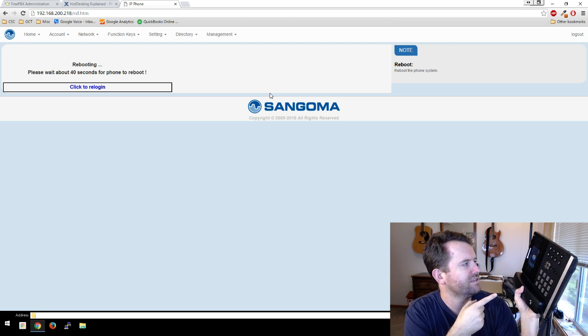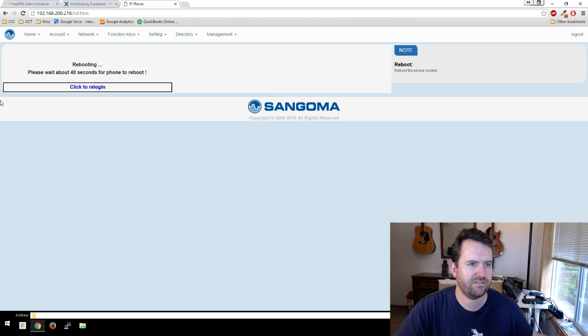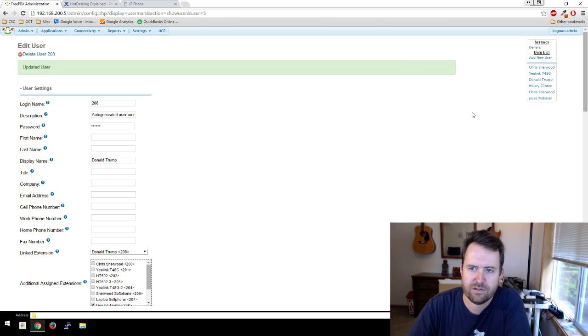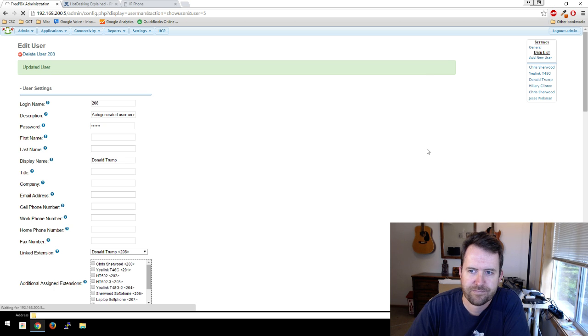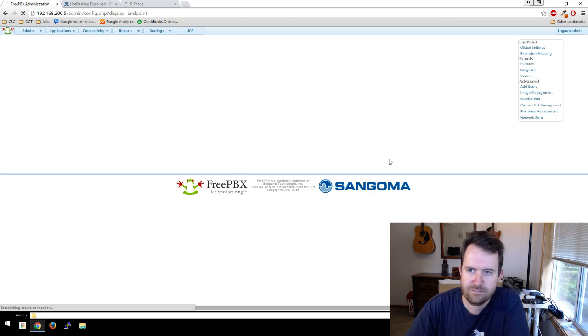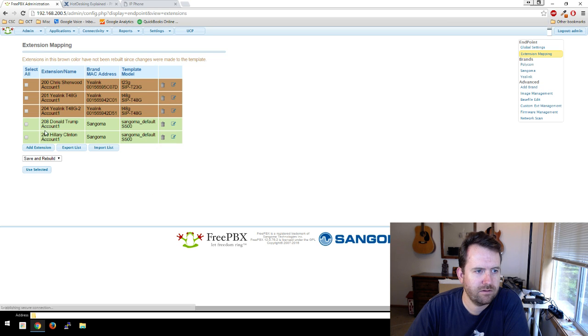Yeah, it picked up my old extension. So let me go back in and see if I can't force that out. Let's see. Settings, endpoint manager, extension mapping. They should be brown. No, they're green. Why are these green? All right, well, I'm going to select all, save and rebuild, use selected, and hopefully that'll do it. I'm going to have to factory reset this thing again,